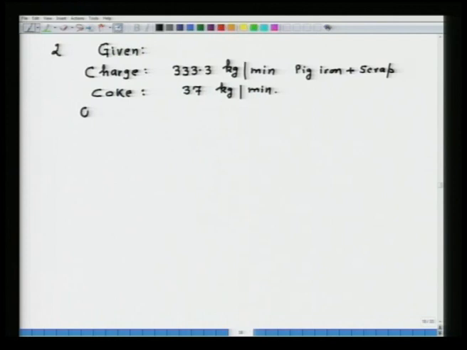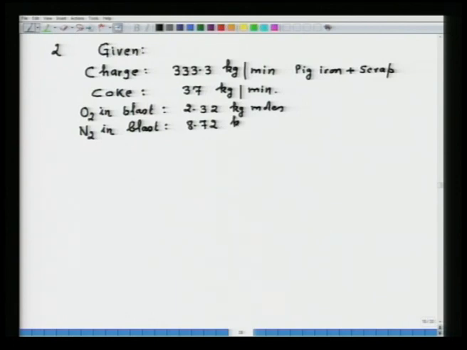Then I have to calculate oxygen in blast, and oxygen in blast, that is 2.32 kg moles, and nitrogen in blast, that is equal to 8.72 kg moles. Now, these both I have written on per minute basis,